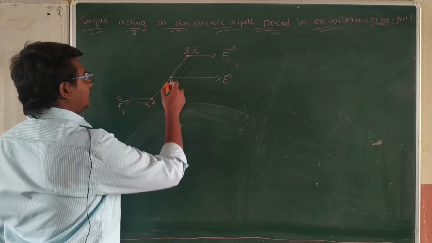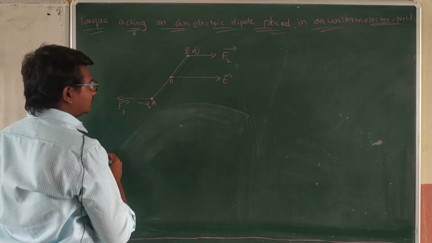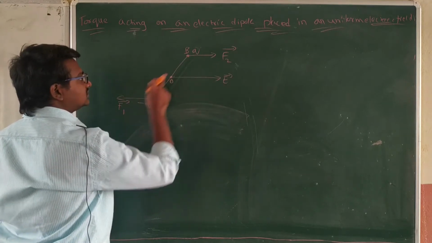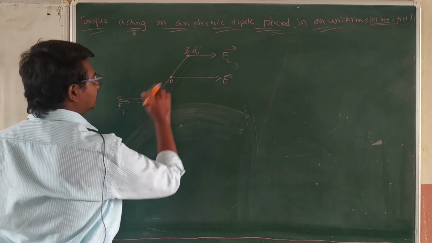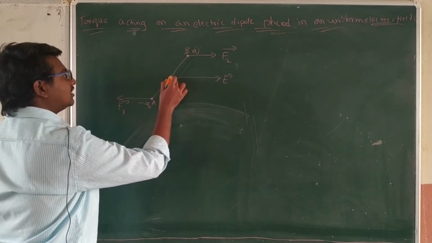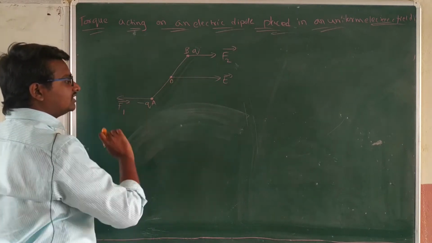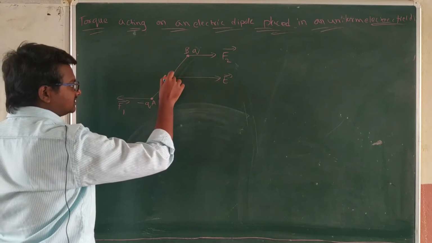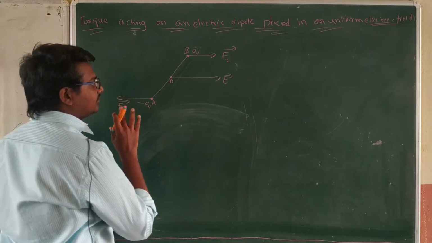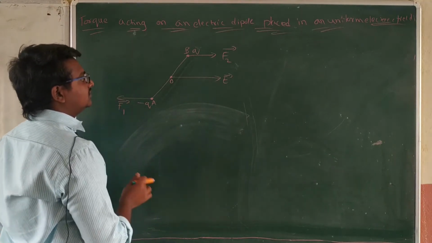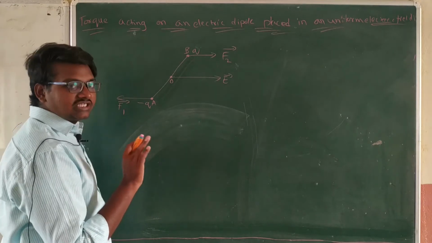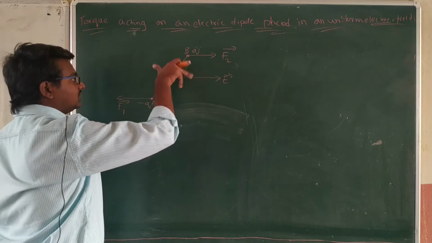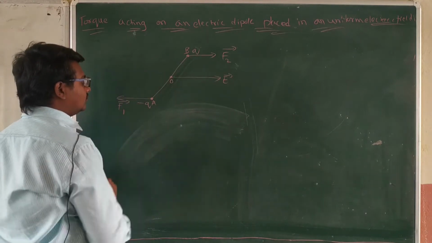Okay, fine. Now let's start from the center. Here OA is one length, OB is another length, F1 is one force and F2 is another force, and the central point is O, which is not moving anywhere. It means the dipole's center of mass stays there only. The center of mass doesn't have any acceleration or any movement, no velocity, nothing. It means it is going to rotate like this, and the center will be here only, right?